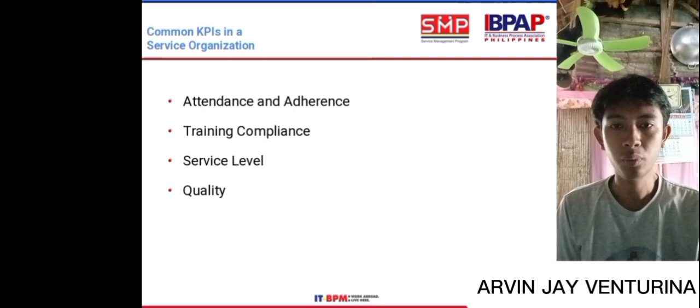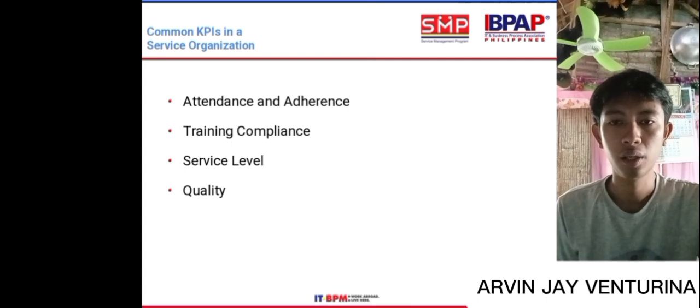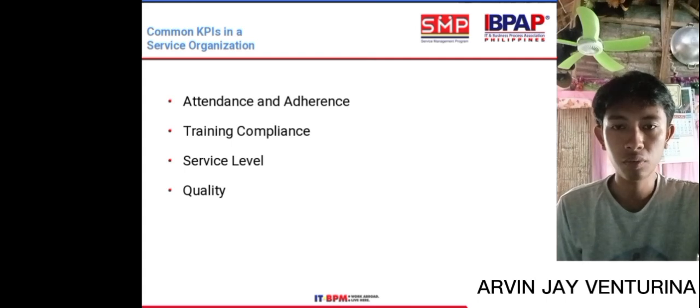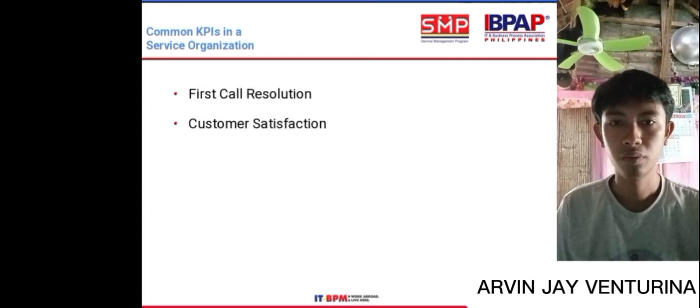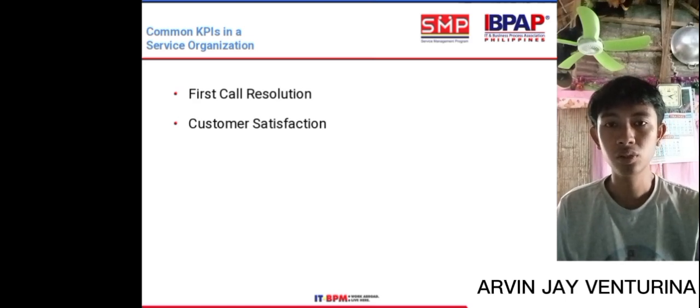Service level: are we answering calls quickly enough? This measures how long customers have to wait before speaking to an agent. And quality: are our agents providing helpful and accurate information? This measures the quality of the service customers received. First call resolution: are we resolving customer problems on the first call? This measures how effectively we address customer issues without needing follow-up calls. Customer satisfaction: are